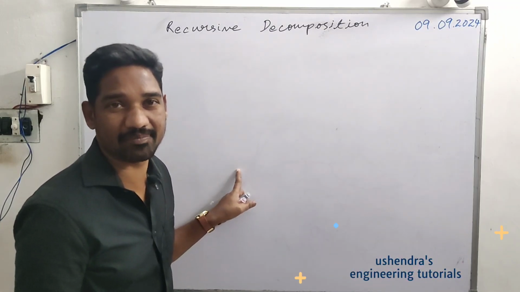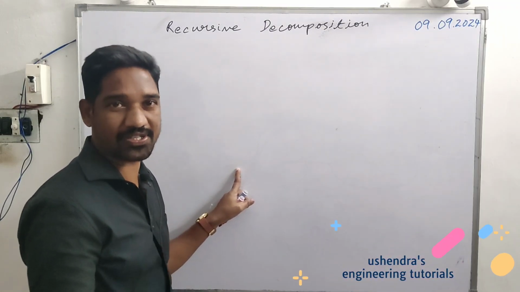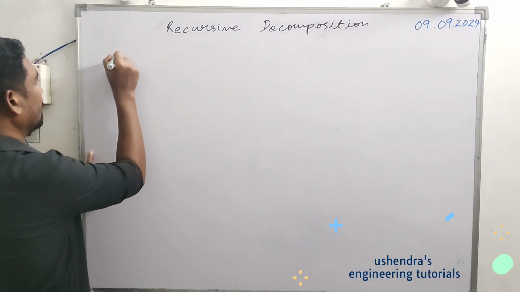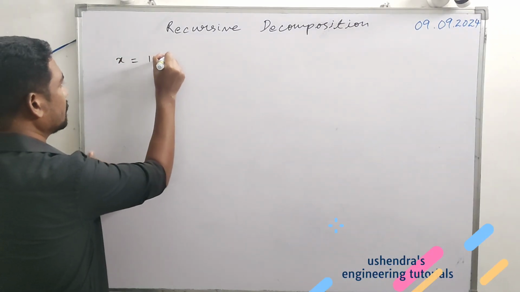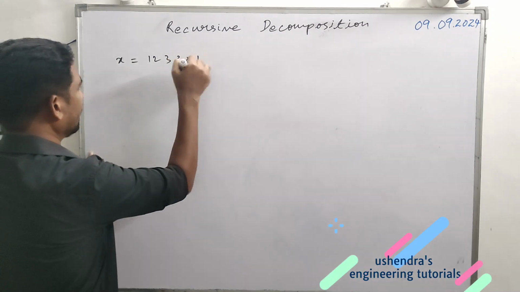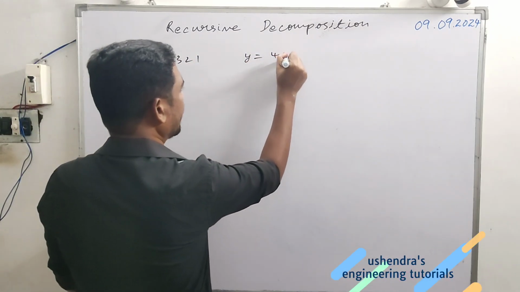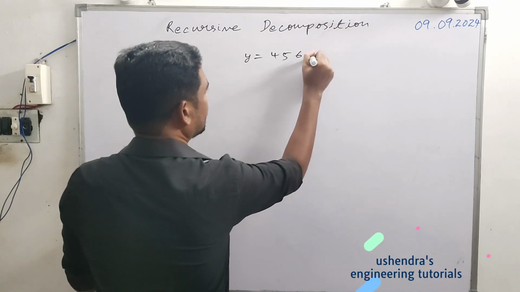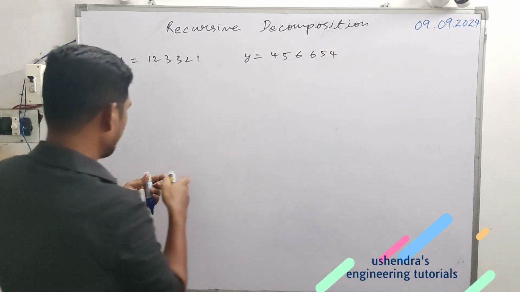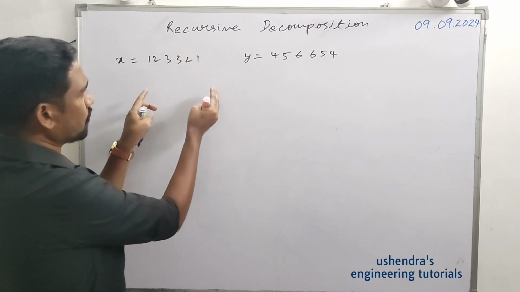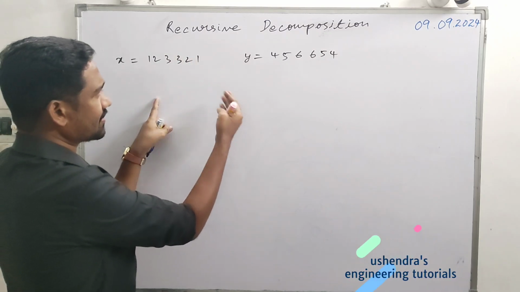Recursive decomposition in binary multipliers. The whole story starts from the Karatsuba algorithm, and considering an example like x, supposing 123321, and on the other hand another number y equal to, say, 456654. For example, this number could be divided into two halves, could be decomposed like this. This is what they say as divide